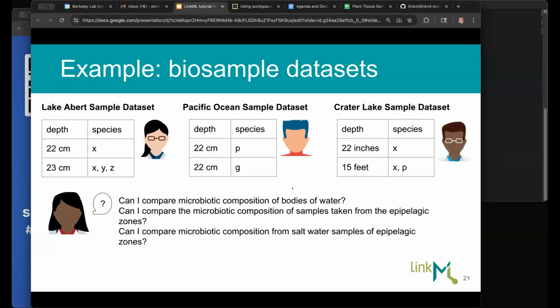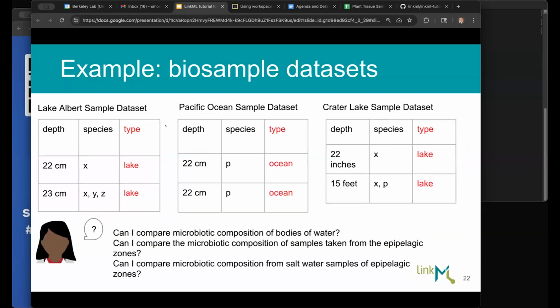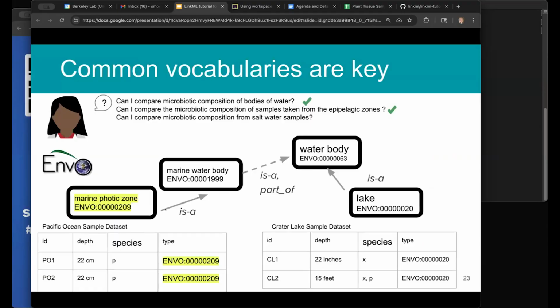And the first thing this person would have to do really would be to translate the title of these data sets, the names of these spreadsheets, into some sort of representation of whether or not these are lakes or oceans or what they are. And in fact, probably in order to do that, they'd want to use something like the ENVO ontology, right? Because we've already defined what a lake is. We don't want to ask the question over and over, is a puddle a lake? Is the backyard swimming pool a lake? Like, what's a lake? We want to use those controlled vocabularies that people have spent time and effort defining